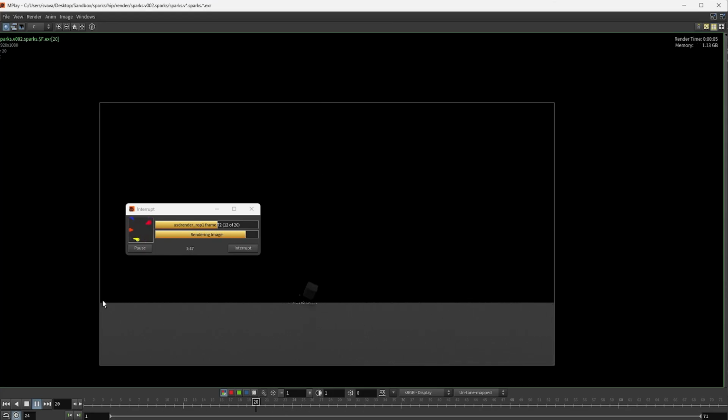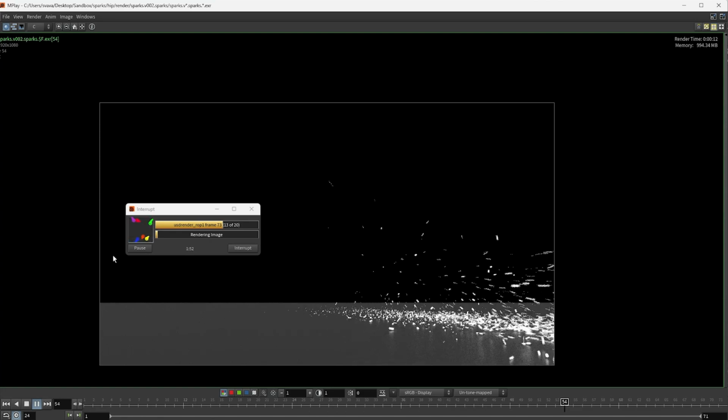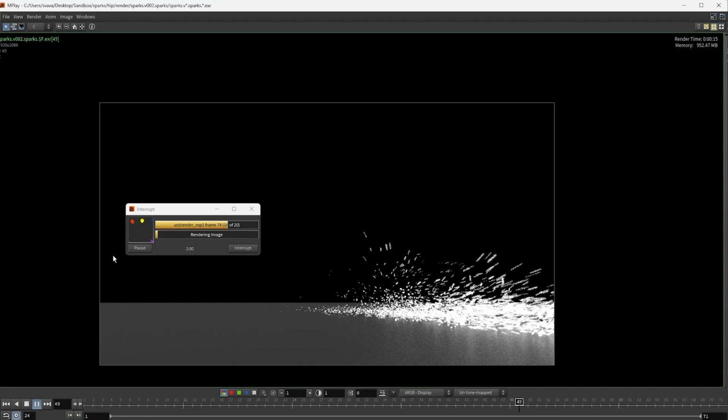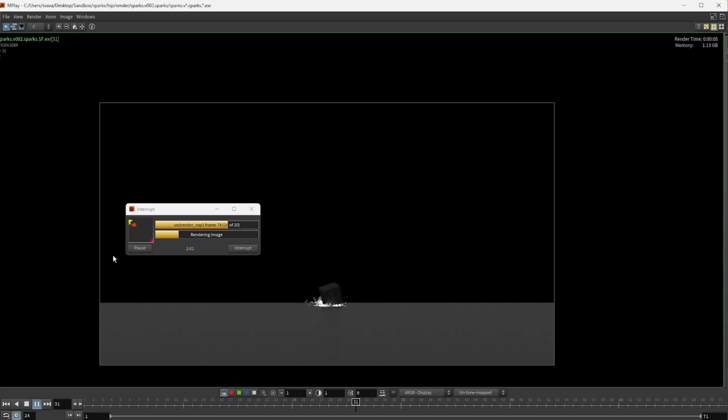So now you can go back and adjust your system. If you think your sparks should go further out, you can increase the initial velocity before they enter the sim. You can adjust their alive attribute, how long you want them to live. You can adjust how many points there are by changing the scatter density. You can even adjust how much they should bounce and figure out the look you're after.